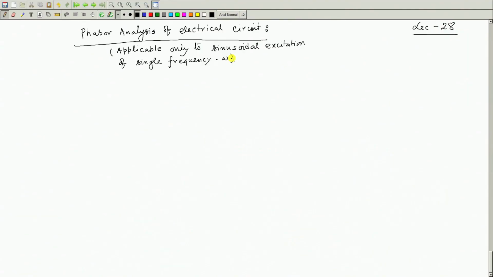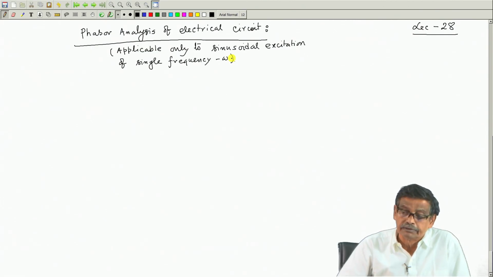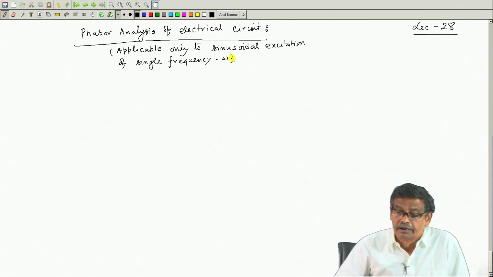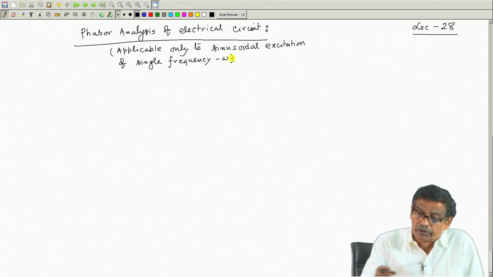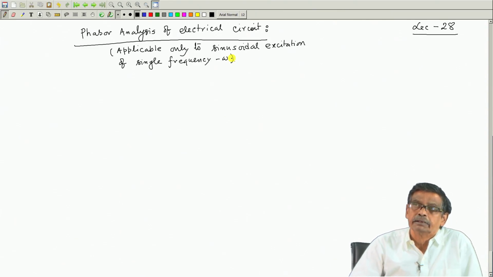Welcome to lecture number 28, and as you know we have been discussing how to analyze circuits using Phasor notations. In fact, by Phasor analysis, if you solve a circuit, it is only applicable for excitation which is sinusoidal in nature, and the solution that you will get here will be the solution due to forcing function alone, because transients